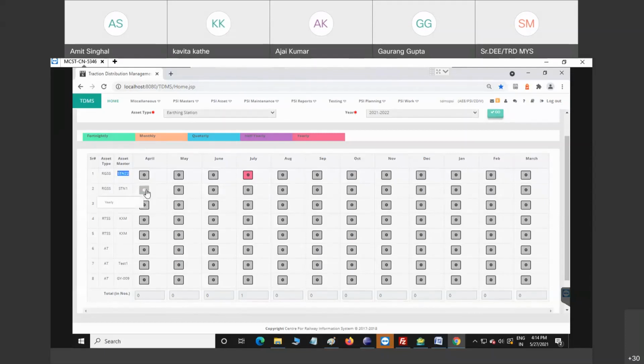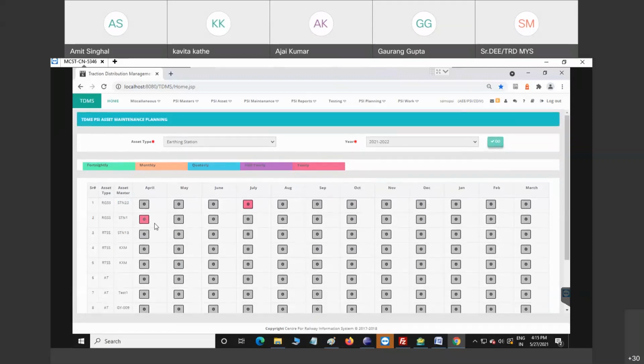In earthing station, only one type of maintenance is available, that is yearly. So when we click on this radio button, we see only the yearly option, and its color changes to dark pink. This means that for RGSS station 1, April is planned for the yearly maintenance.